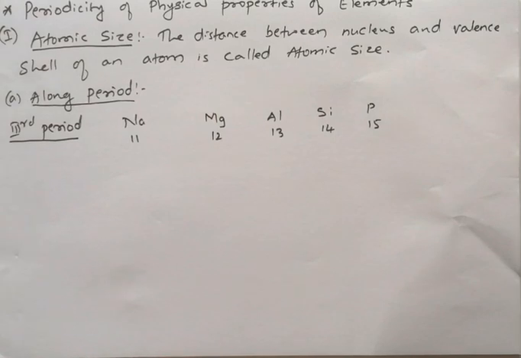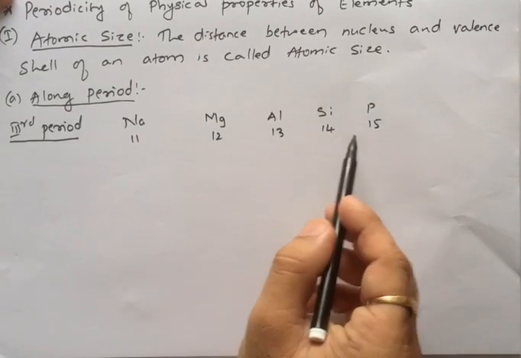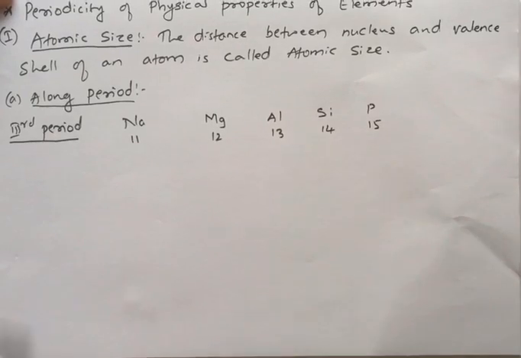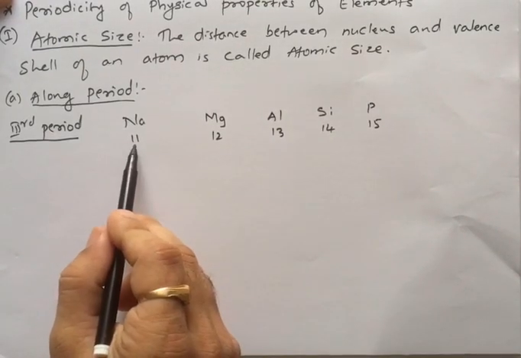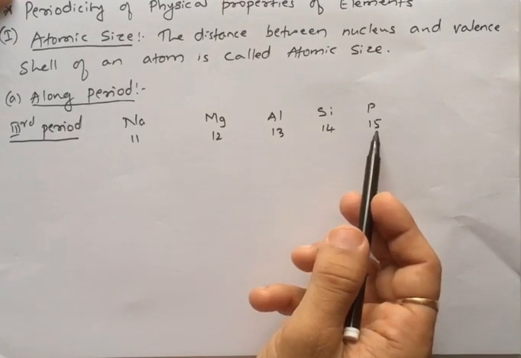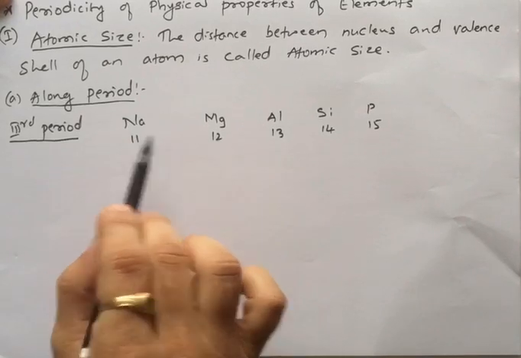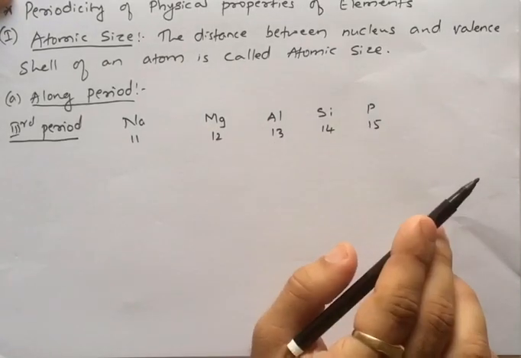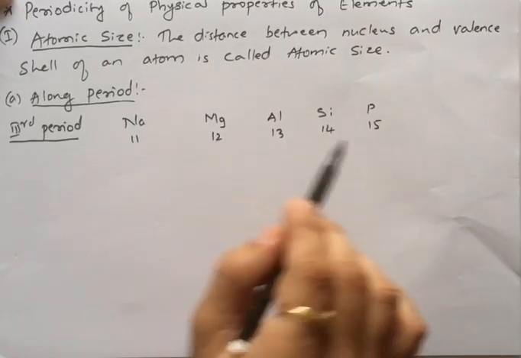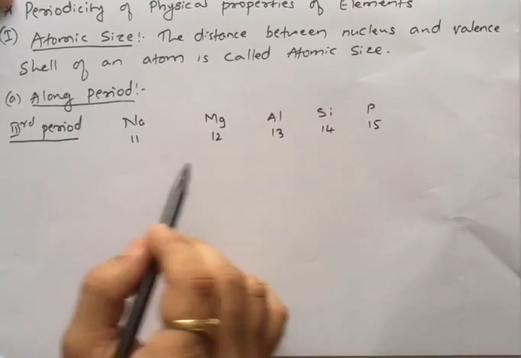Then what happens to the atomic size along the period as we move from left to right along the period? Correct? What changes we can see in these elements present in a periodic table? Here there are 11 electrons and 11 protons. Here 12 electrons, 12 protons, so on. 15 electrons, 15 protons, and so on. So when we go for the next element, one electron is increasing every time. Correct or no? So if electrons are increasing, then the nuclear charge increases, but number of orbits are remaining same.